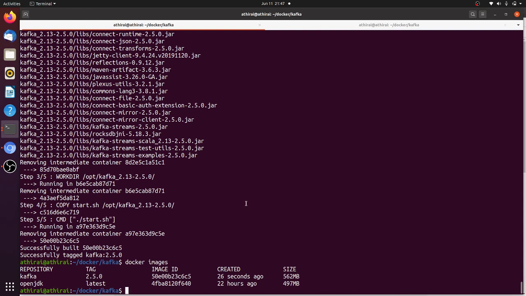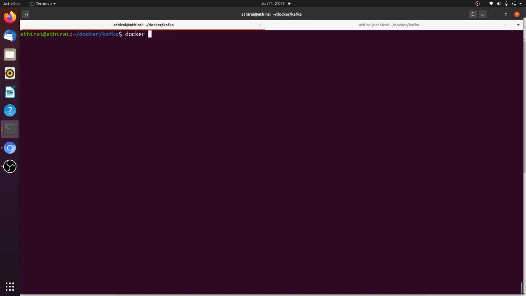Now let's start our Kafka bootstrap server. I will say docker run --name, I will give kafka-broker, and then I just have to say the image. I'm not going to expose anything, because in the microservice world we will directly connect to the container and execute the commands.